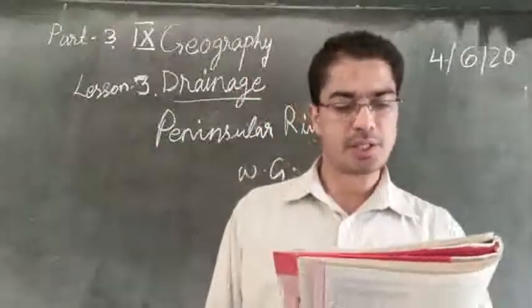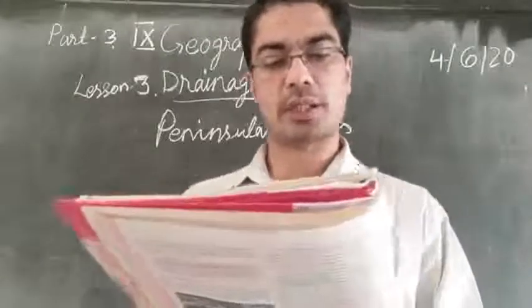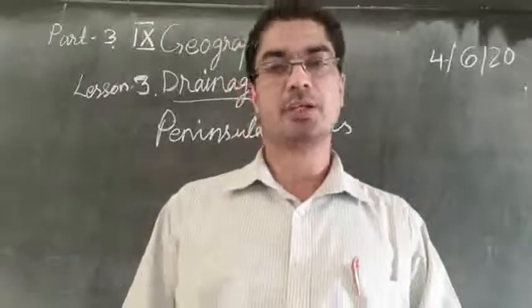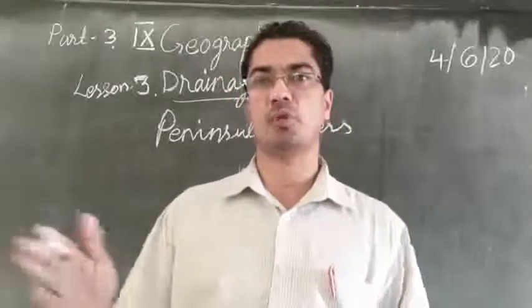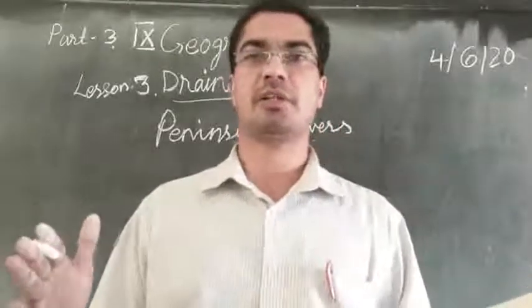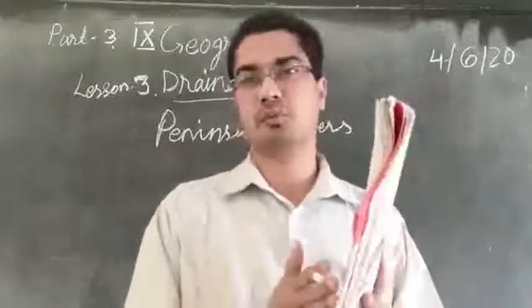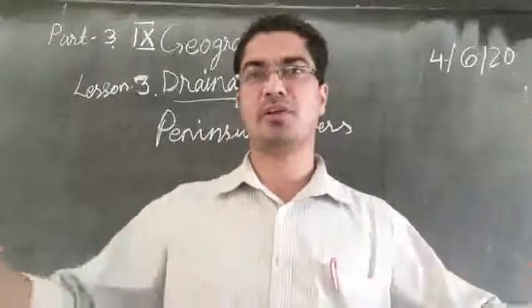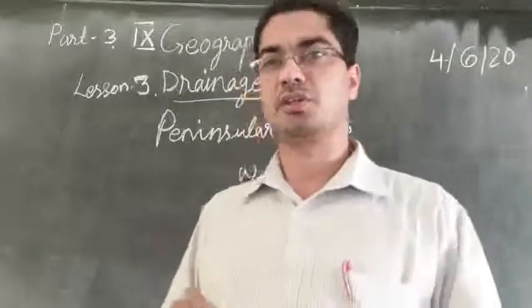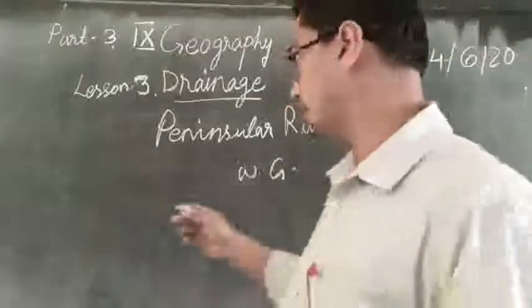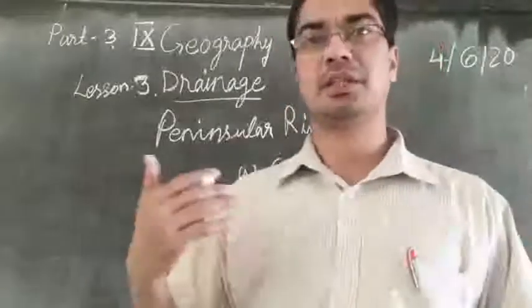The drainage basins of the peninsular rivers are comparatively small in size. The drainage basins, that means these rivers are not very big because they don't contain much water. So as the water is less, the size of the river also will be less. If there is more water, the area will be bigger and bigger. So these rivers are small in size because they are flowing from the peninsular region, which is a dry region,